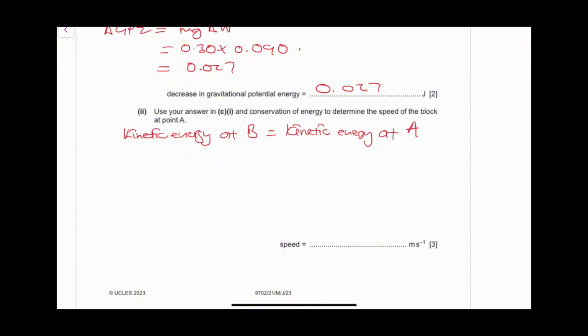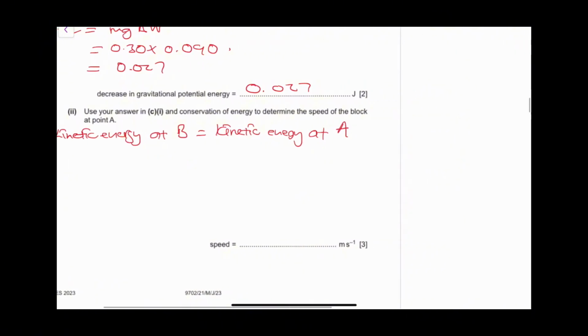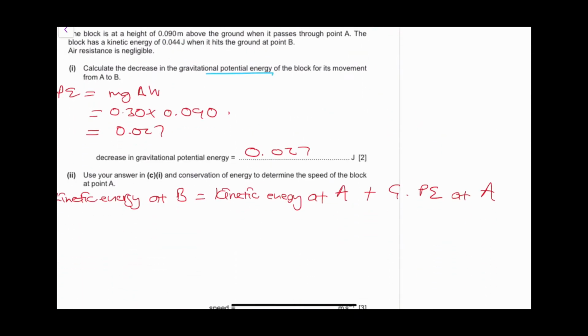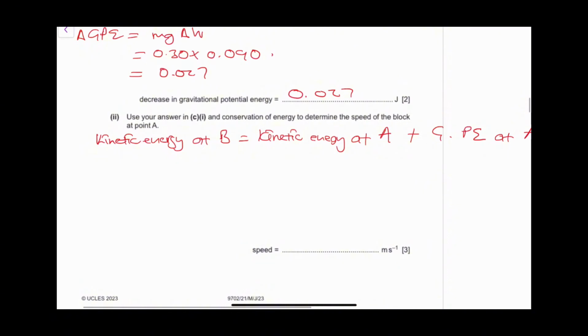plus the gravitational potential energy at A itself. So at A, we have those two kinds of energies coexisting. I want to find the kinetic energy at A itself. So the kinetic energy at A will be equivalent to the kinetic energy at B